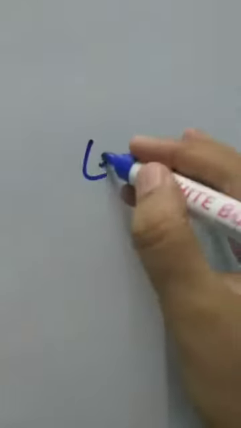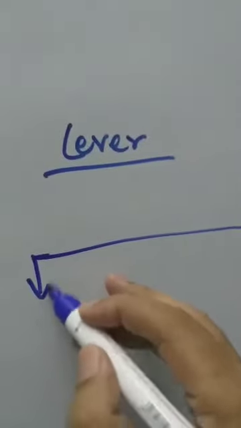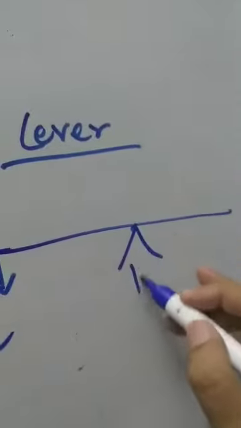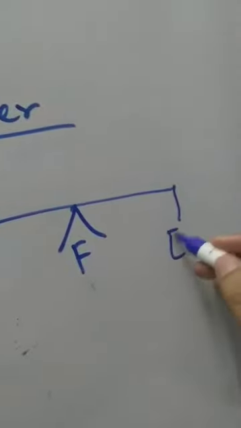Now I will discuss a very simple type of machine which is called a lever. A lever is the simplest form of machine, which is a straight or bent bar which is capable of turning about a point. The point about which it turns is known as fulcrum. So I am drawing a simple schematic diagram. So here it is load, then this part is called fulcrum. It can be a knife edge or something else. Then this is the effort.